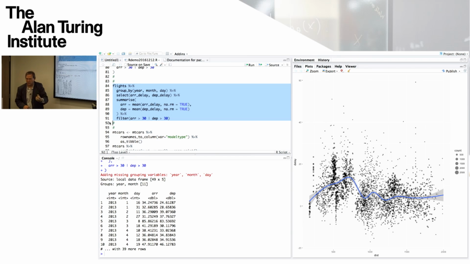So that triple, that 3-character expression, is a binary operator, and the left-hand side is the flights data frame, and then what it does is it takes that and uses it as the first argument into the expression on the right-hand side, which is the group by.